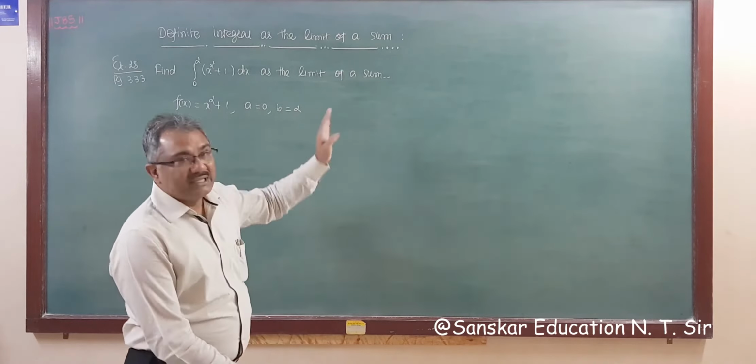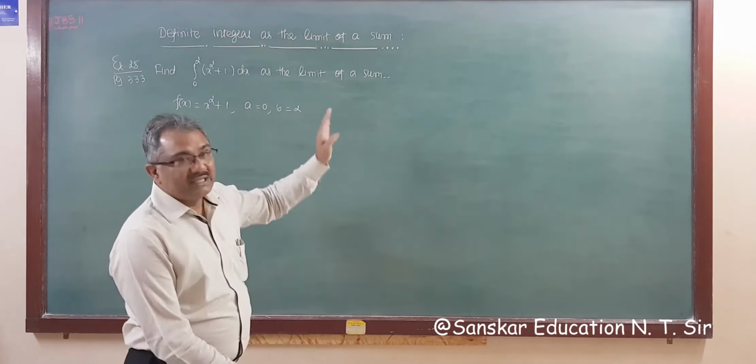Now what is it? a is 0. So substituting a equals 0, we get f of ih. Now this is f of x, and the definition of f of x is x square plus 1. So substituting ih instead of x, we get (ih) whole square plus 1, that is i square h square plus 1. Now applying sigma. Sorry, I forgot to write here h into sigma.